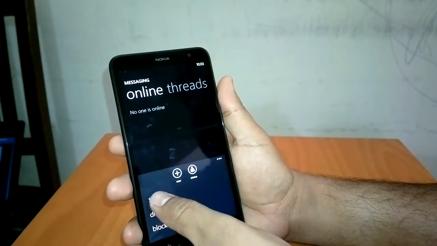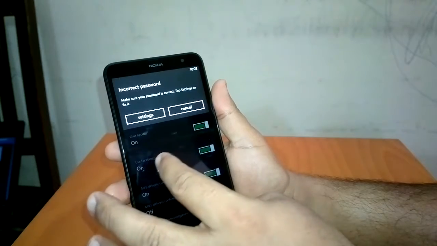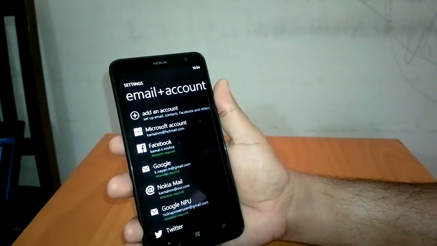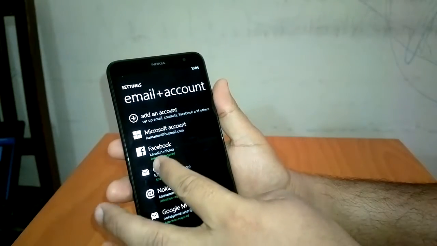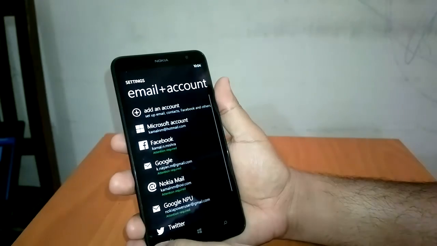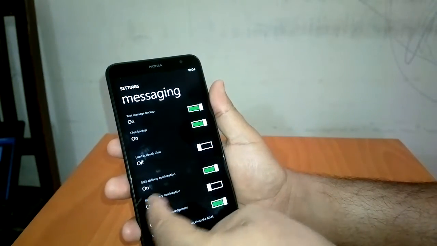To do it, you have to go to settings, and as soon as I select Facebook chat, it will ask me to log in. Currently I'm not logging in, but once I log in, I'll be able to use my Facebook chat as well.